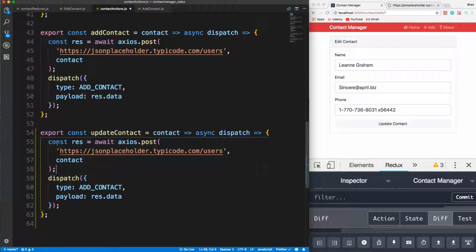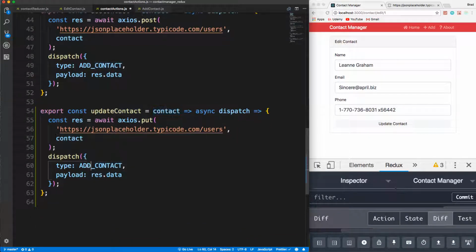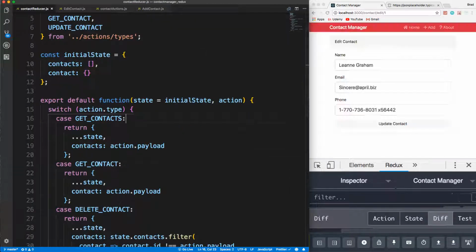All right, so we're gonna make our request, which is gonna be a put request this time, not a post. So put, and we do want to pass the contact in. So this should be the updated version of the contact, and then we want to dispatch, but we want to dispatch update contact instead of add, and then just send along the response data. So let's save that, and let's go to our reducer, and inside the reducer we want to create a case